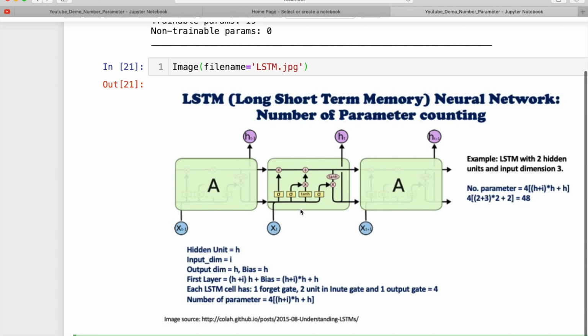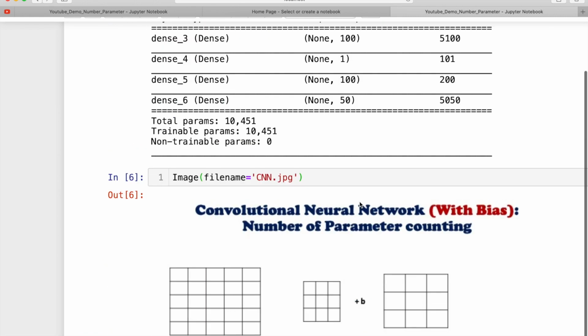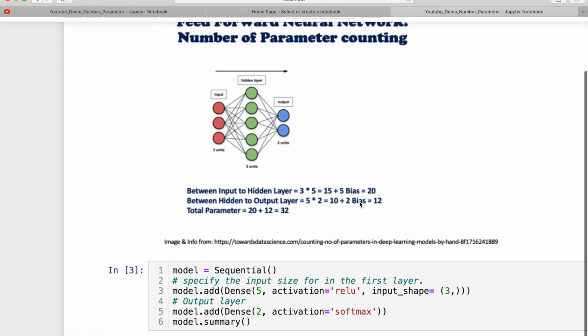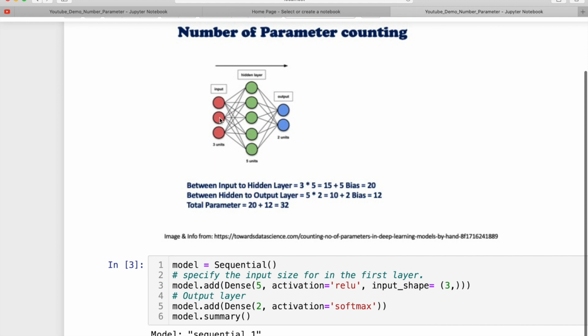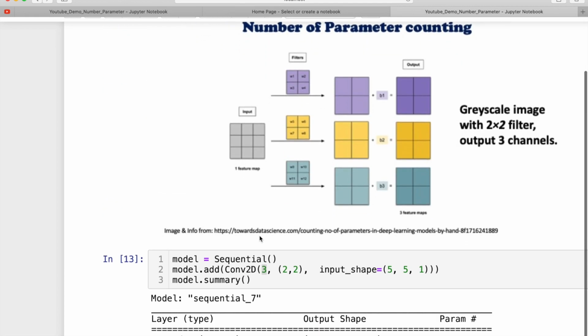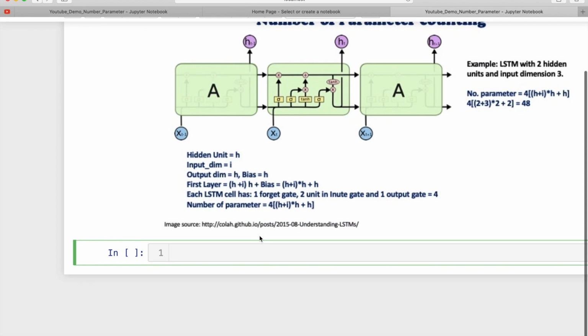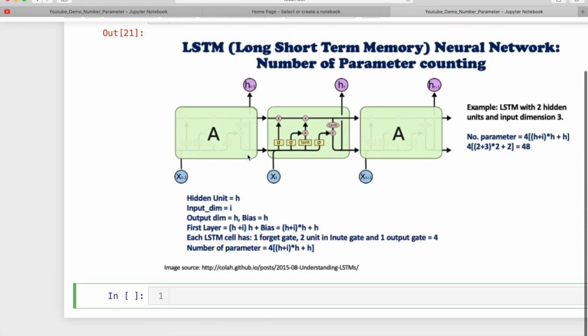Now the output is also H. As you have already seen in the first video, we used to multiply and add this number. We are doing the same thing here. So input H plus I and output is also H.